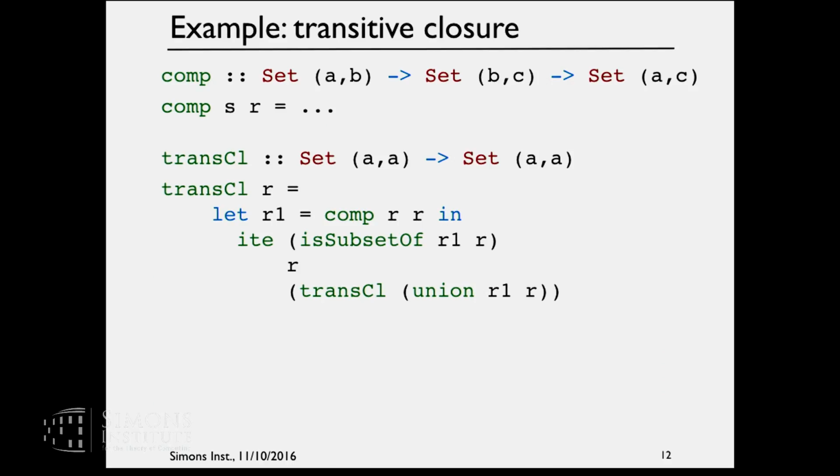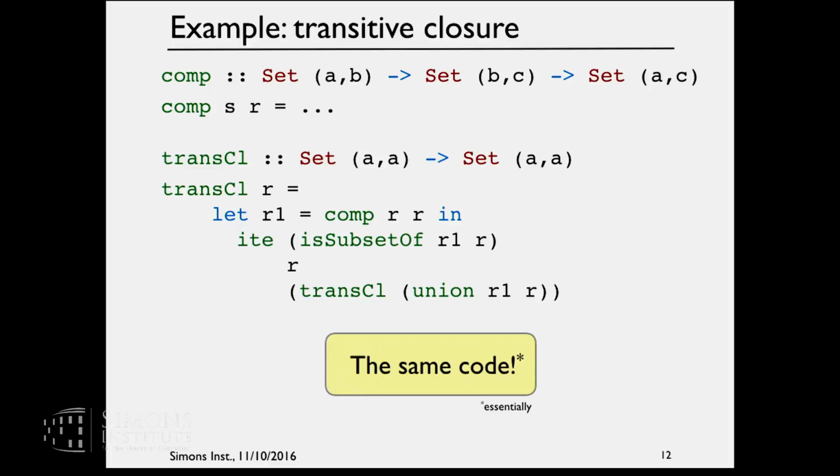Now, an example. Let's say we want to compute the transitive closure of relations, but now inside the library. So this is the new set constructor, and this is the code for computing transitive closures, and you can see that it is the same code. The only difference is that we now replace this if with our new if then else. That's minor. It's essentially copy and paste of code.